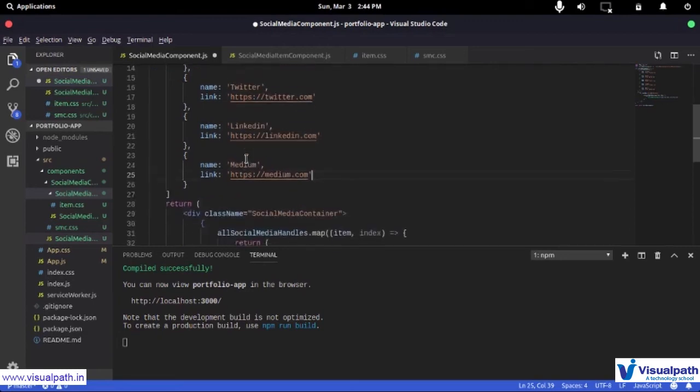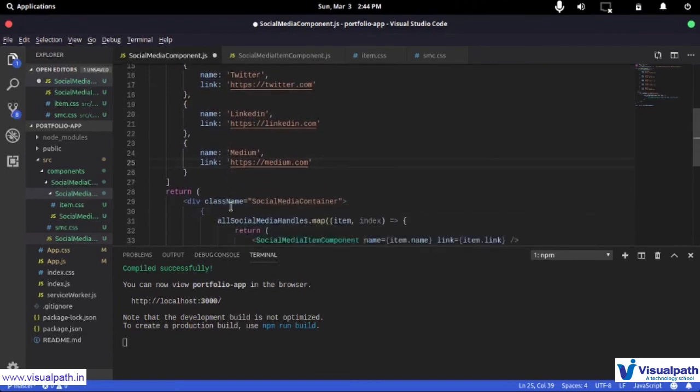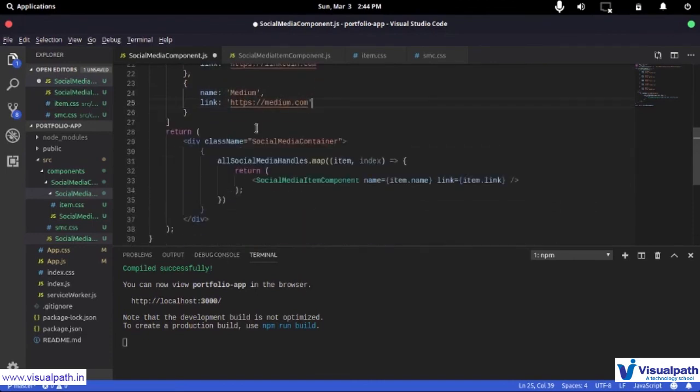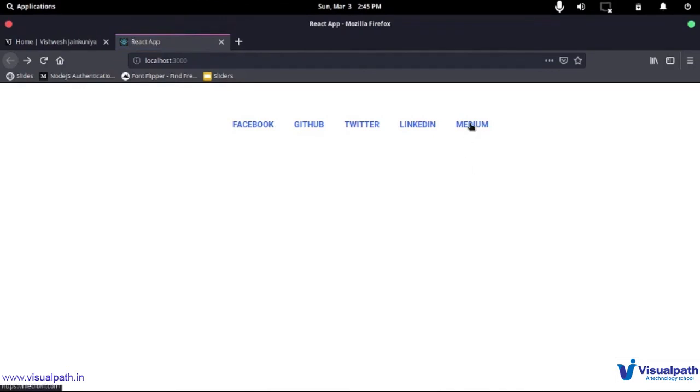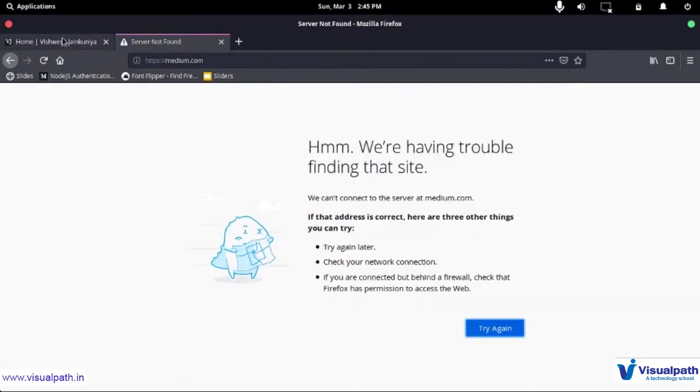Now in the traditional sense, what you had to do is go ahead and copy yourself again, then paste that under here. So previously we had 4 of that div thing, now you will have to add another 5th one here, and then you have to change the name in the link to this. In our case, we changed the data source, and if I just save this and go back, you're going to clearly see that Medium already appeared here, and if I click this, it also redirects me to medium.com. You can clearly see it here.